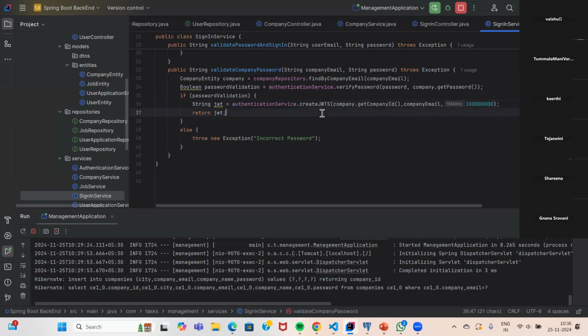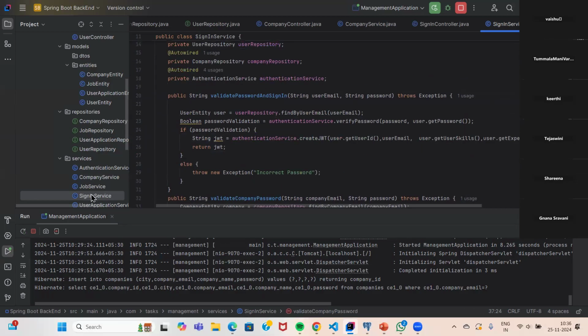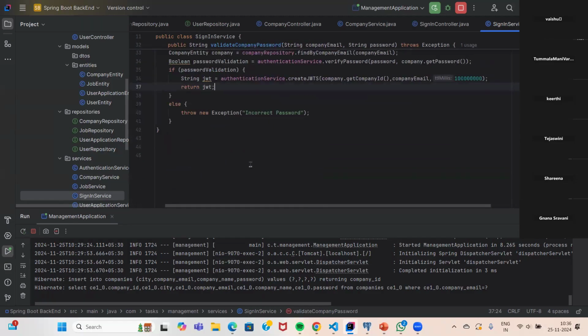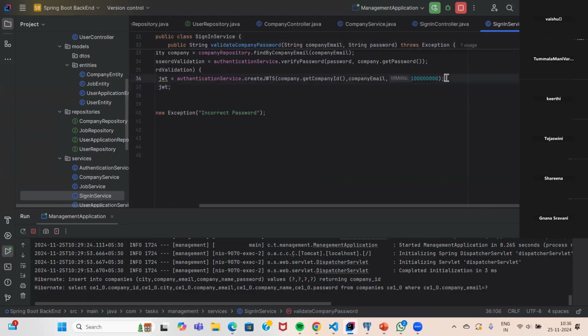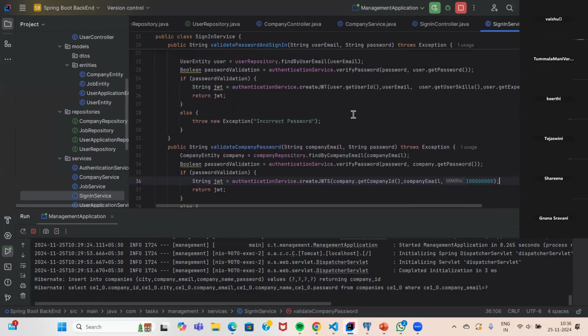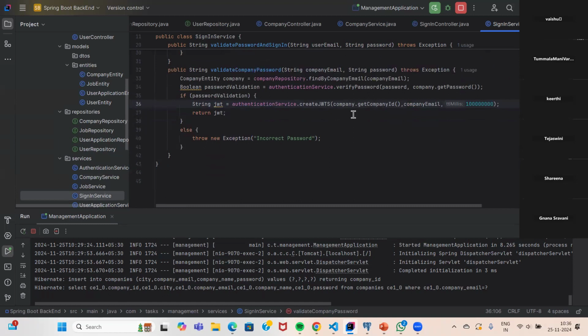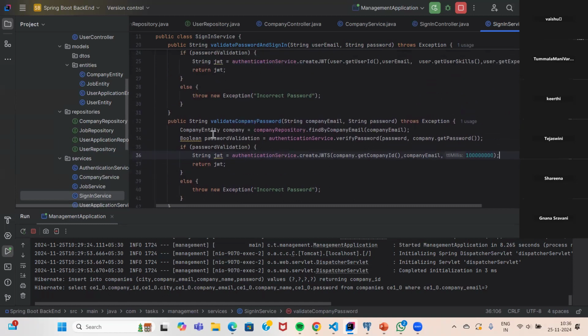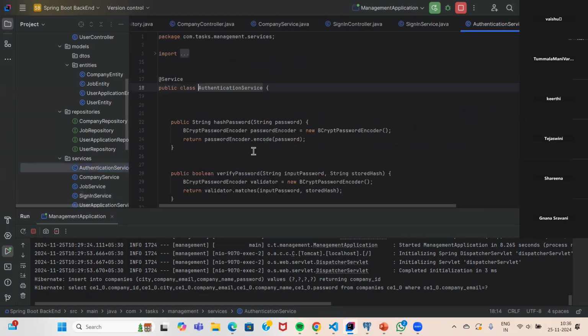So the JWT token is dependent on time, which we will be writing in the sign in service itself. So here is the time for the JWT token in our application. Using this JWT token, we can also validate our passwords or any kind of details. So in this way, for creating the JWT, we will be